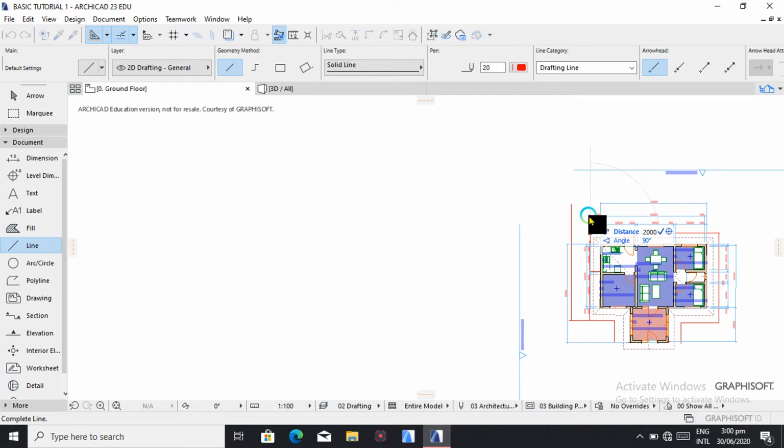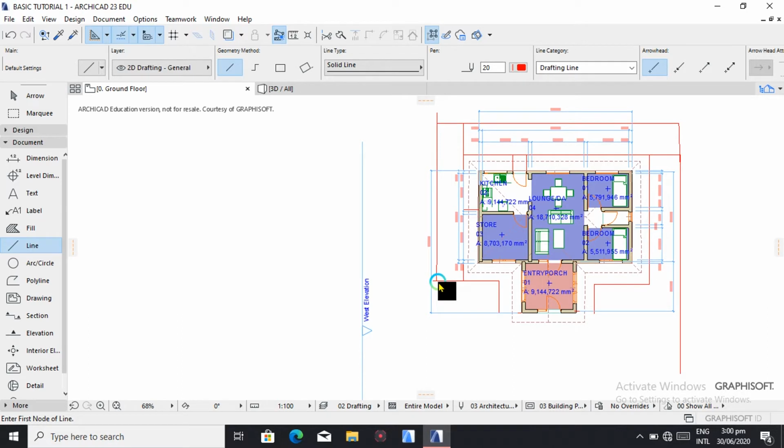I'm just trying to have some guides. 2000 millimeters. Then we can extend it like that. Then we can extend from this side like this, so that it covers a small parking area. So after doing all that, we can